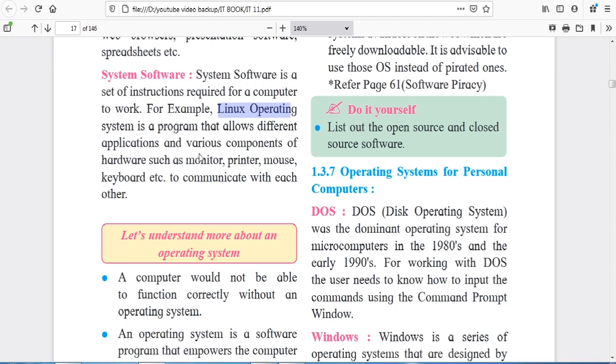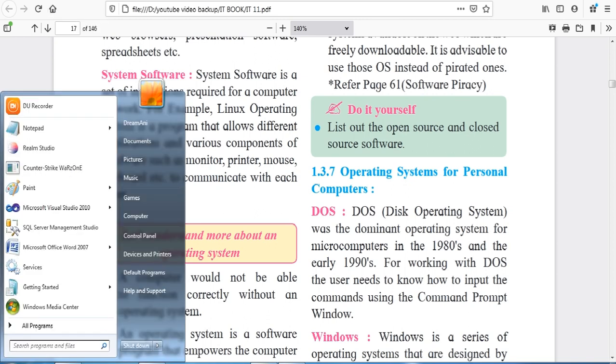System software is a program that allows different applications and various components of hardware such as monitor, printer, mouse, keyboard, etc. to communicate with each other. So if I am using the mouse pointer and I click somewhere, that instruction is already saved in your operating system. What will be performed after I click on this start symbol?